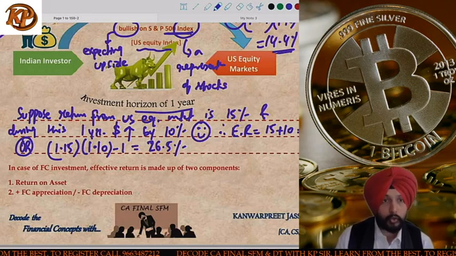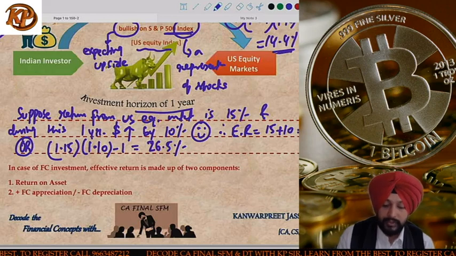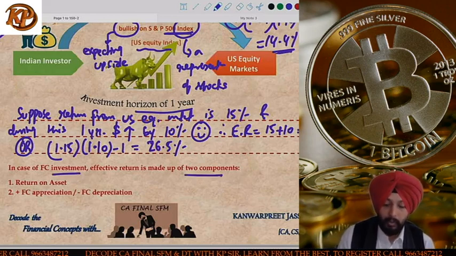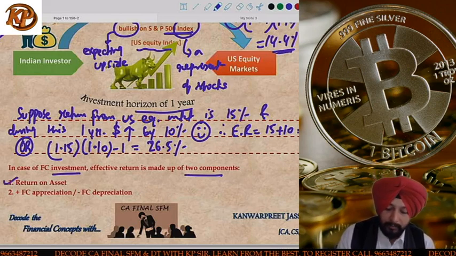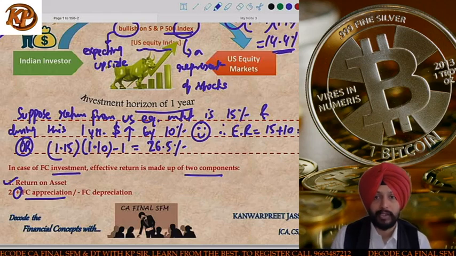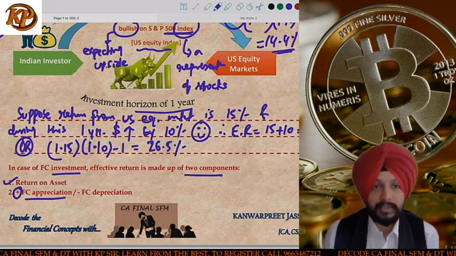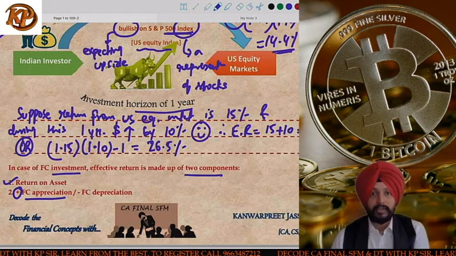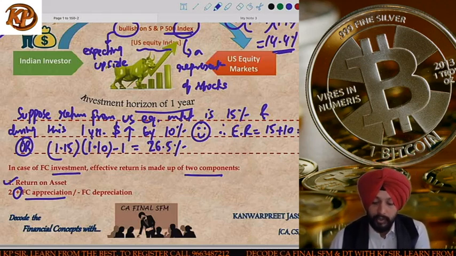So what is the conclusion? In case of foreign currency investment, effective return is made up of two components. Number one is return on asset, plus foreign currency appreciation. If foreign currency appreciates, that is a good news for you, minus foreign currency depreciation. That is how your return is computed. Okay,